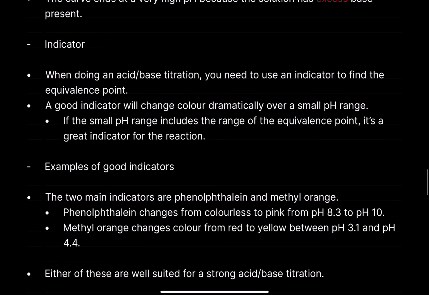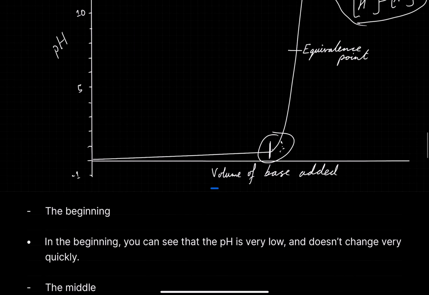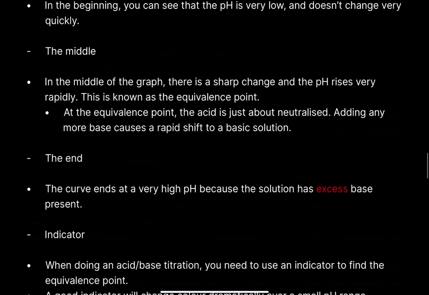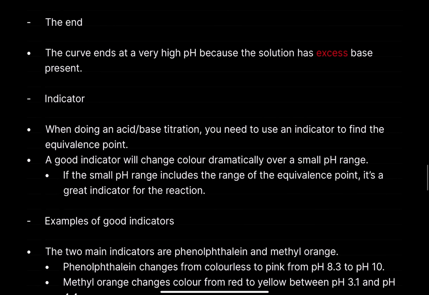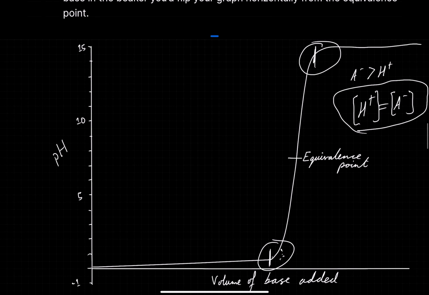All right, so indicators. When doing an acid-base titration, you need to use an indicator to find the equivalence point, and a good indicator will change color dramatically over a small pH range. If the small pH range includes the range of the equivalence point, it's a great indicator for the reaction. So all this is saying is that a good indicator changes color over a small pH range, and if your indicator changes color in that pH change,